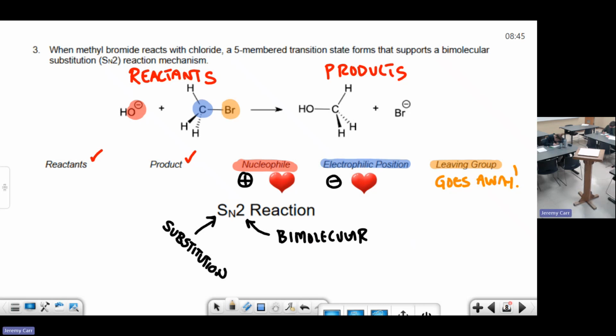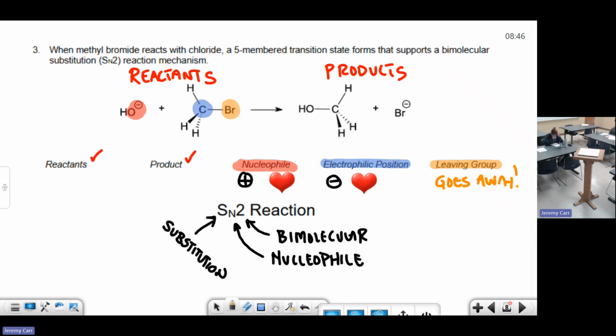That is, two things have to bump into each other in the transition state. We'll talk about the transition state here in a second. And then the N, the subscripted N, means that this is all initiated by what word that started with N up here? Nucleophile. So this is a nucleophilic substitution reaction. It's a bimolecular nucleophilic substitution reaction, or we could just call it simply an SN2 reaction. And this is the reaction that gives students the most heart palpitations, because they're like, oh my goodness, now we have to actually learn how these chemical reactions work. Well, guess what? You've learned a little bit about theory, so you actually know how these chemical reactions work.